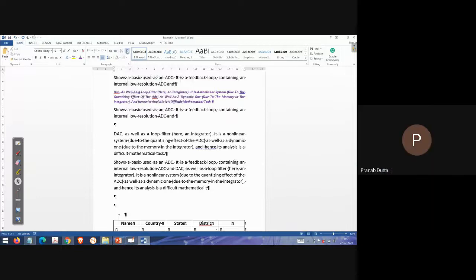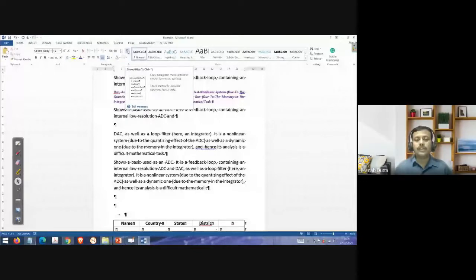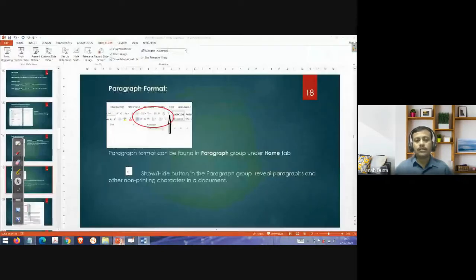If you see the drop down arrow, in Word, PowerPoint, Excel, everywhere, we can see this, right? So that is what it is. We can get it from the paragraph group in the home tab. I can take it from this one. Okay, so that is what it is showing here, home tab, paragraph group.